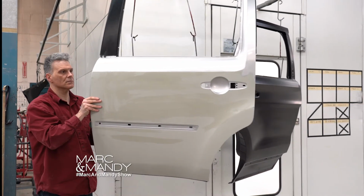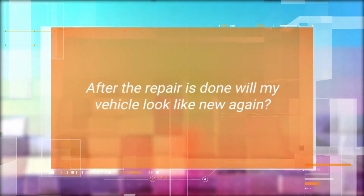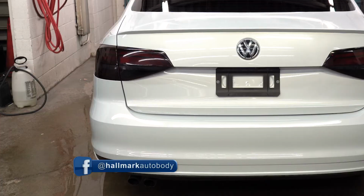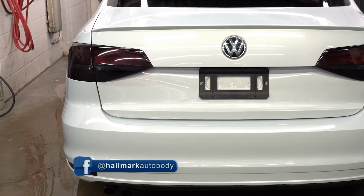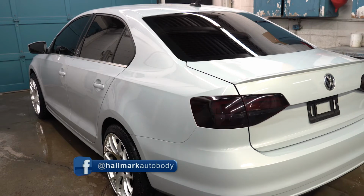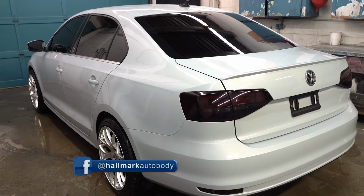used, or aftermarket. After the repair is done, will my vehicle look like new again? The answer is a simple yes, as long as the collision repair shop has the proper equipment, the proper training and guidance, and if that collision repair facility uses OEM repair procedures, then yes, your vehicle will look like new